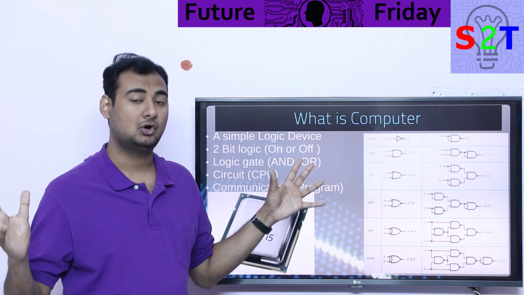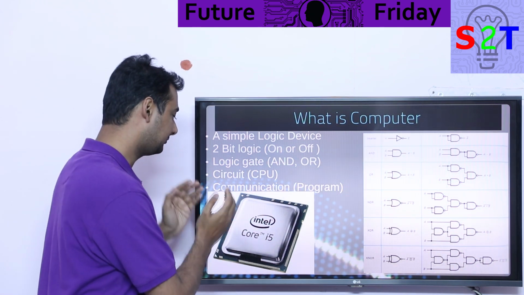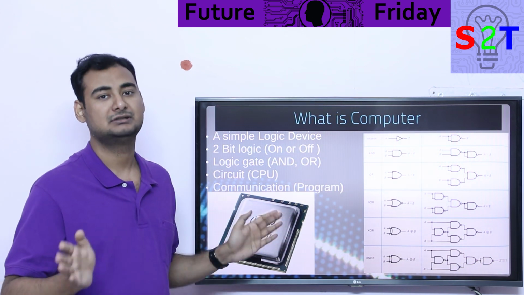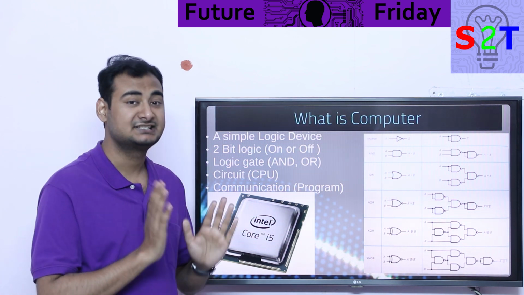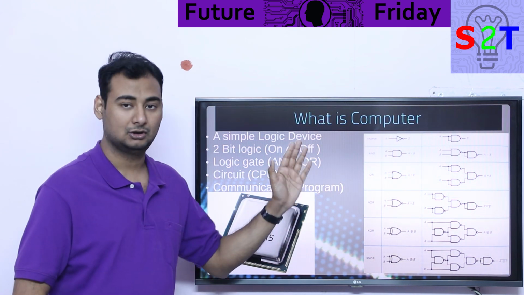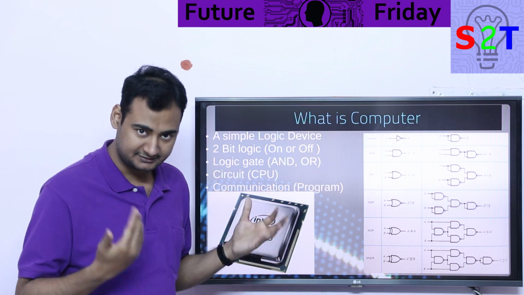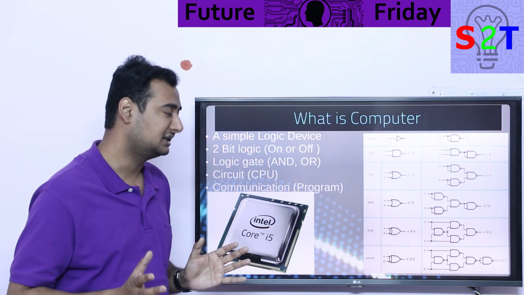Now once you combine all of these logic gates, then you get a processor. That's the reality of all the computer processors, be it in your television, be it in your mobile phone, be it in your smartwatch. That's all there is to it. So it's just logic gates working together in a circuit that is giving you the whole processing reality.